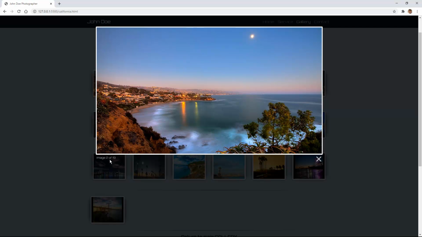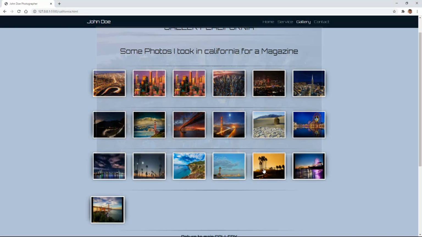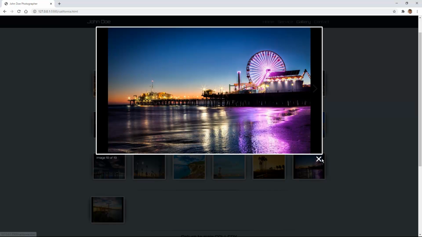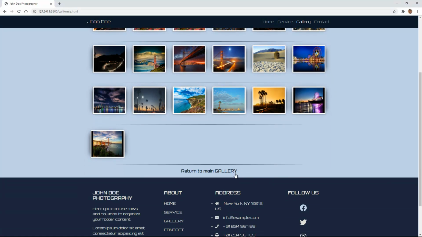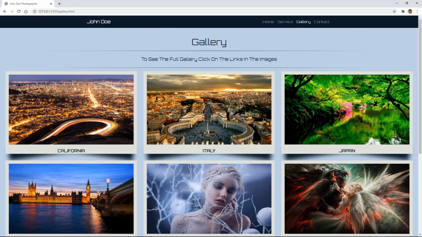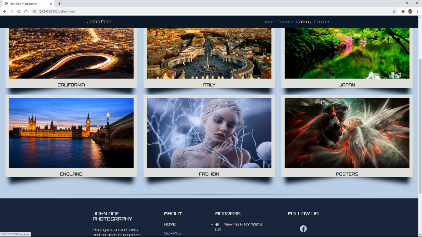It tells you how many images are in there. There's 19 images in here, and you just scroll them or close them and open whichever you like and continue. So to go back now to the gallery here, I put a link in here: Return to main gallery. Go back to the main gallery, and then you can go see the other